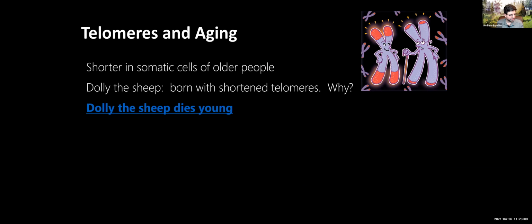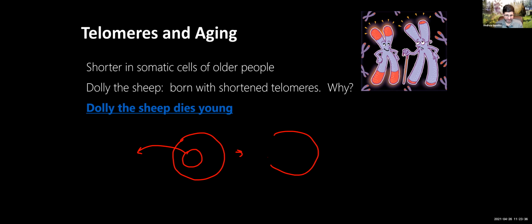Some of you are a little too young now to remember Dolly, but Dolly was the very first cloned animal. So what you basically do is you take an egg cell. Here's an animal oocyte, right? You enucleate it. You literally get rid of the nucleus. You can go in there with a needle and suck it out. And so what do you get? You get a cell without a nucleus. But it's an egg cell, so it has all the other good stuff in there.